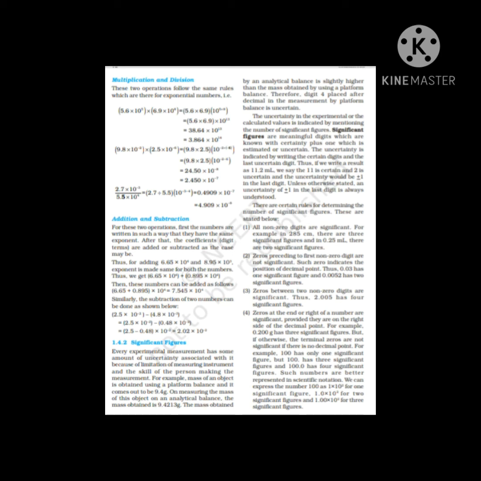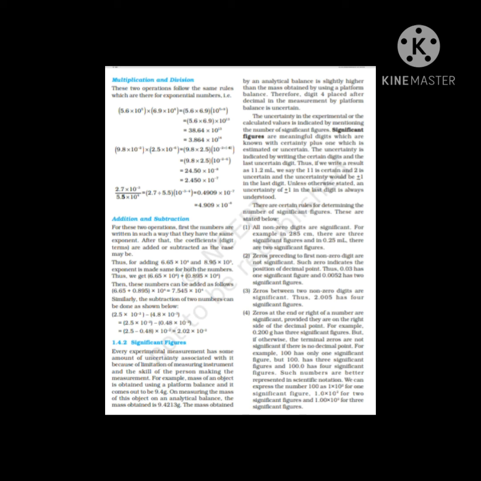Multiplication and division of significant numbers. In this operation, the result must be reported with no more significant figures than the measurement with the fewest significant figures. 2.5 into 1.25 equals 3.125. Since 2.5 has two significant figures, the result should not have more than two significant figures. While limiting the result to the required number of significant figures as done in the above mathematical operation, one has to keep in mind the following points for rounding off the numbers.